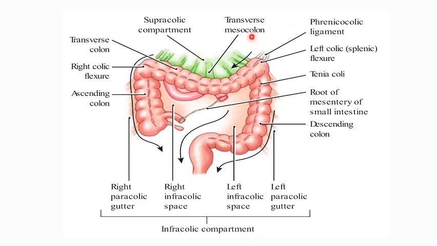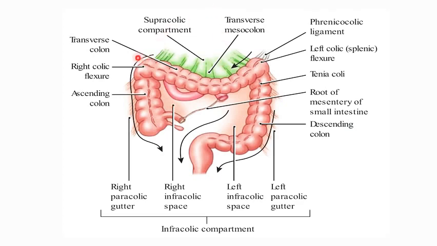Now let us look at the left infracolic space. This is the left infracolic space. Boundaries are, above, once again the transverse colon; on the left side we have the descending colon, and on the right side we have the left layer of the mesentery. The thing to notice here is that it is almost quadrilateral in shape and it is open. As you can see by the arrow here, it is open, and hence any infections from the pelvic cavity can reach the left infracolic space but not the right infracolic space.